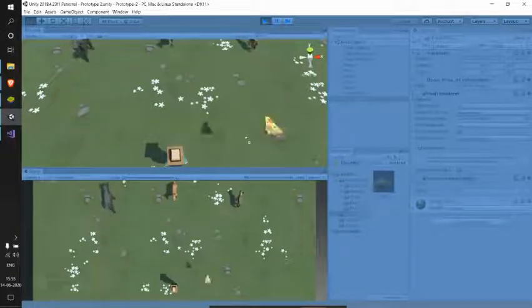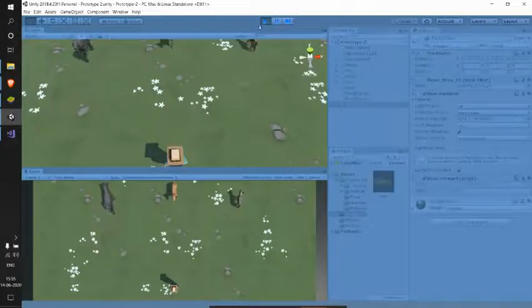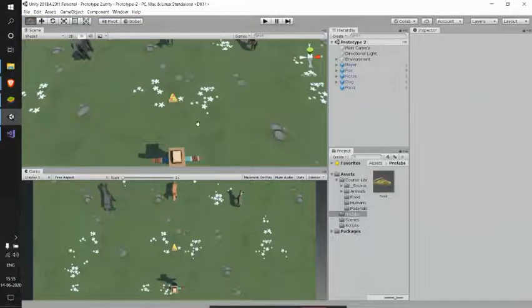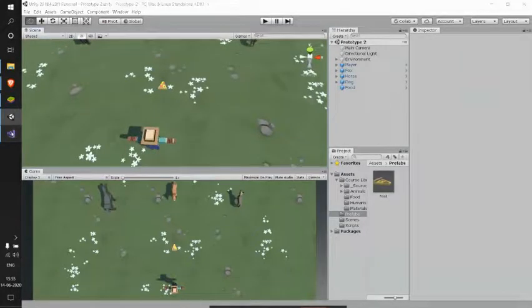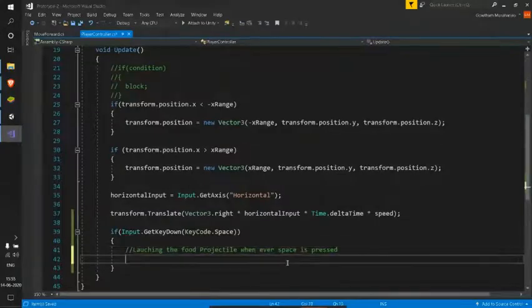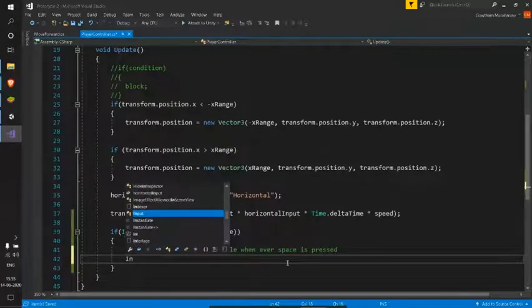I need to get this pizza to start from my player position, and I need to leave that. As I already said, to do that we need to instantiate the particular game object. So let's see what instantiate is and how to implement instantiation.